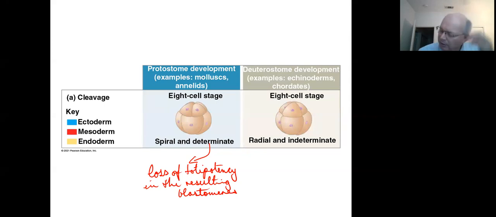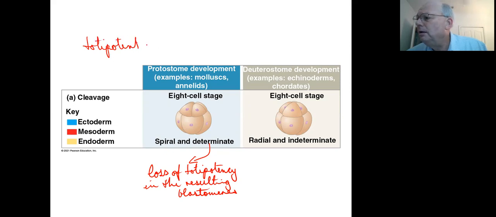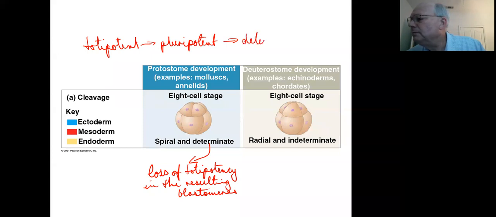So if you recall, when we talked about this in the previous presentation, I was trying to think of the stage in between totipotency and determination, where the fate of the cells is fixed. And I finally remembered it. It's pluripotent. So we go from totipotent to pluripotent to determined. So the loss of potency in protostomes occurs as soon as